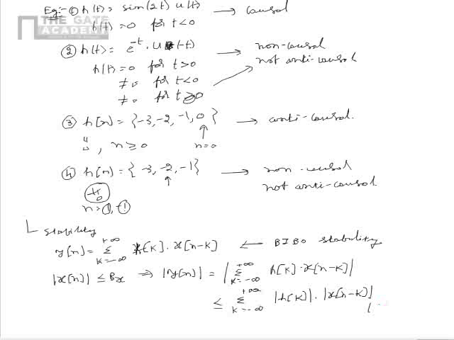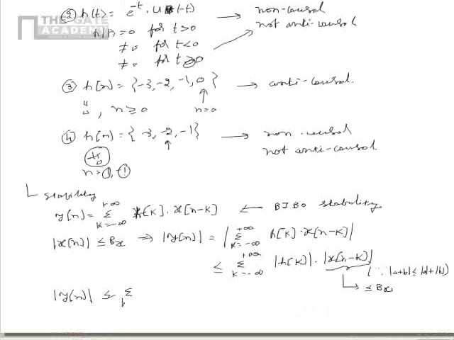This is because of the relation that mod of a plus b is less than or equal to mod a plus mod b. But we know that mod of x of n minus k is less than or equal to Bx. This is because the input to the LTI system is bounded. From this we can write that mod of y of n is less than or equal to sigma k equal to minus infinity to plus infinity mod of h of k